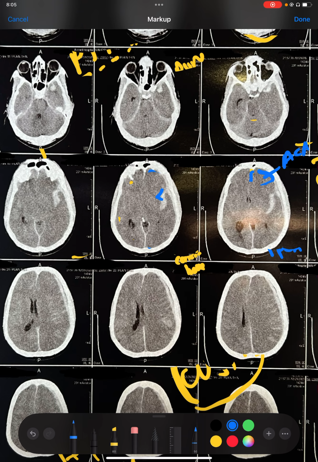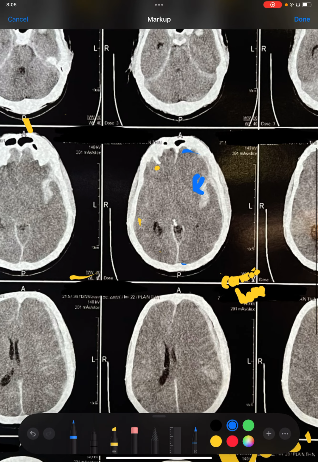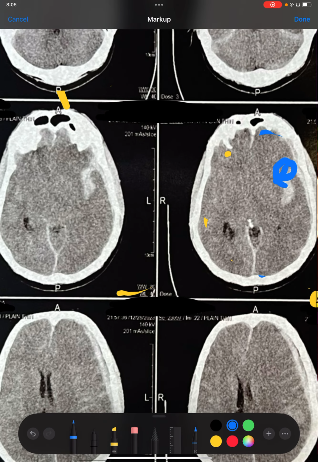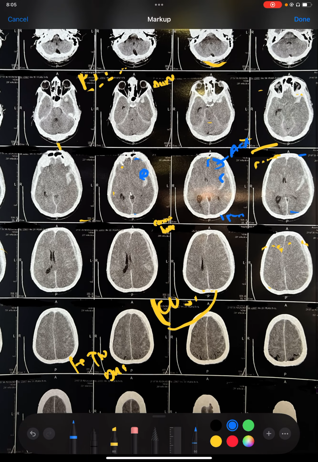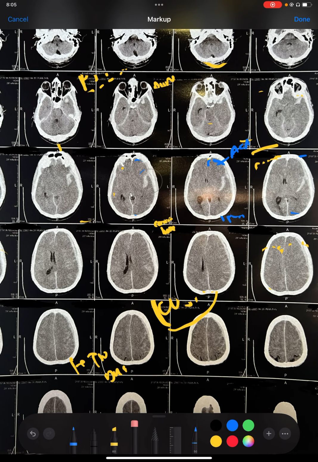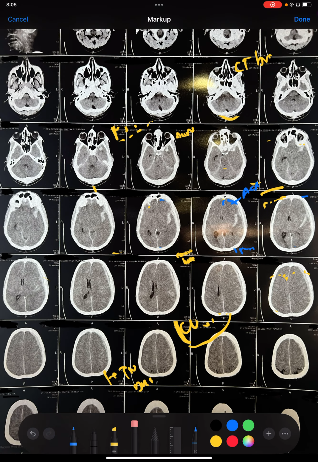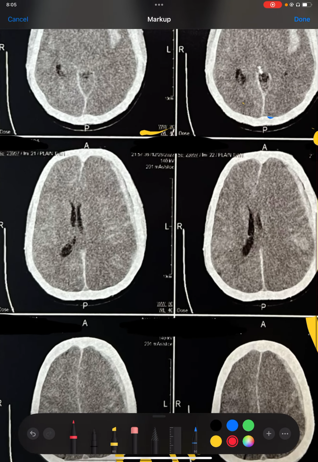So here there must be some branch where there must be some bifurcation where there would have been an aneurysm which ruptured and caused the bleeding here. So the patient had sudden onset of unconsciousness and the patient fell, and after having a fall, we can very nicely make out that this patient not only has the subarachnoid hemorrhage, but